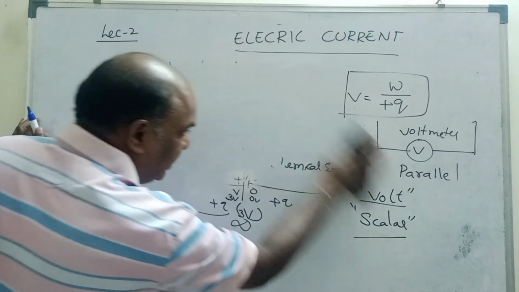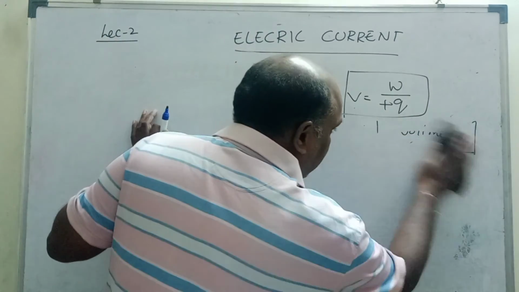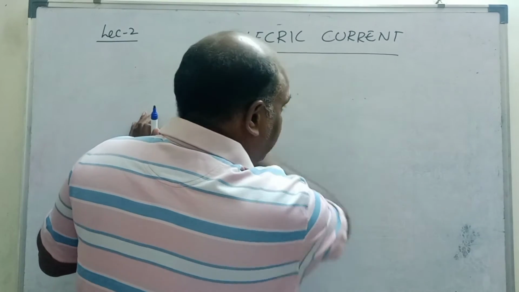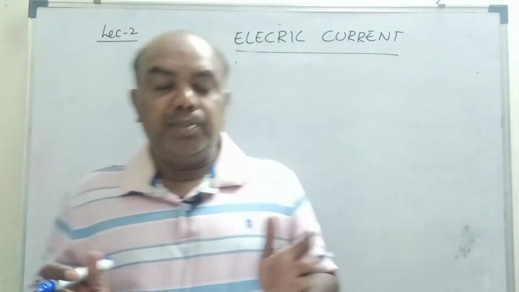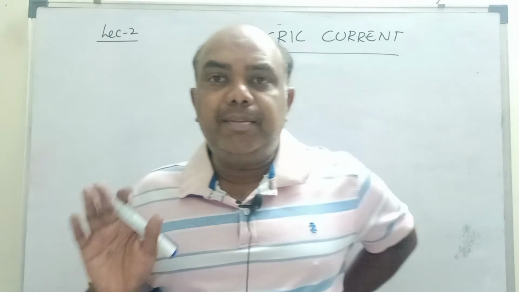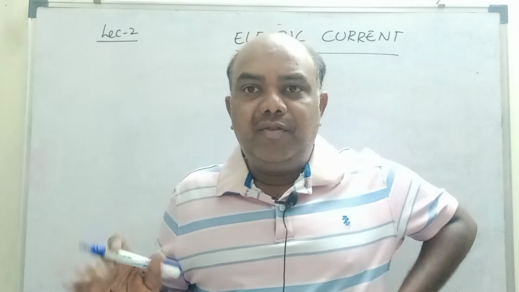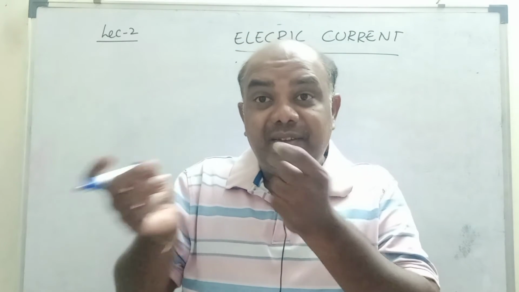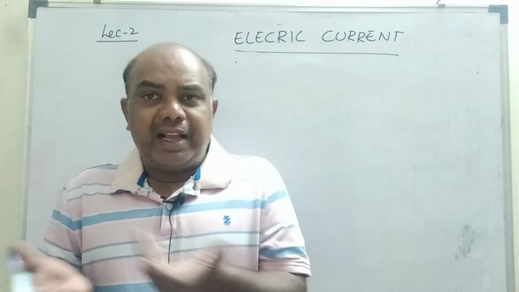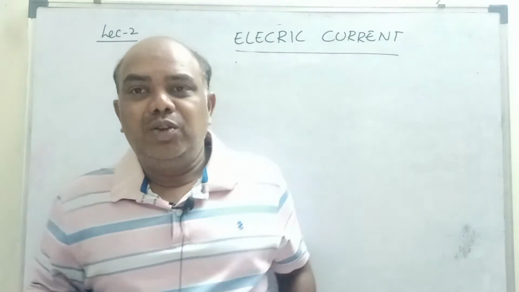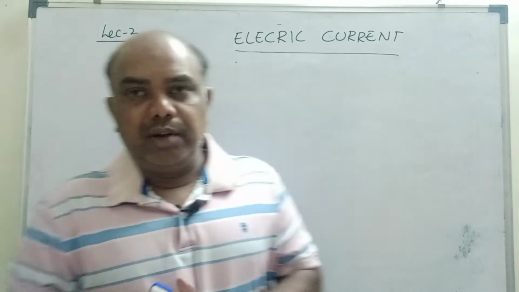Understand children, potential difference: the work done by the cell to bring 1 unit positive charge from infinity to the consumer. Unit of potential difference is volt. Formula: potential difference V is equal to W by Q. To measure the potential difference, we use a voltmeter. Voltmeter must be connected in parallel. Sir, why must only the voltmeter be connected in parallel? Because it is used to measure the difference between two terminals. If you connect it to one terminal like in series, like an ammeter, how can it measure the difference? To measure the difference, we need two terminals. We have to connect it in between the two terminals.